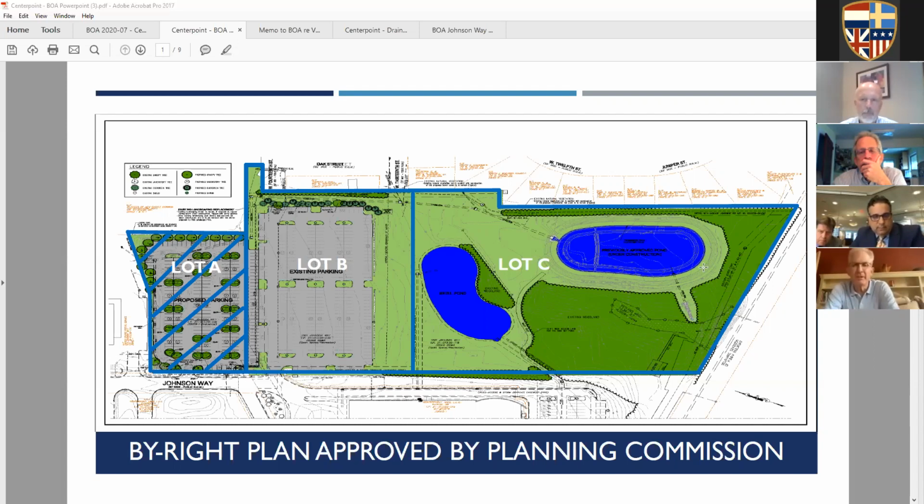Mr. Tucker? Yes. Run A, B, and C past me one more time. A is pre-existing. Sure. A is going to be the new parking lot that was approved by the planning commission. Got it. Lot B, and that with the cross hatching. Lot B is an existing parking lot that was built approximately 2 to 3 years ago, I'm told. Okay. And Lot C is just finishing up construction with the addition of that large stormwater management pond to the